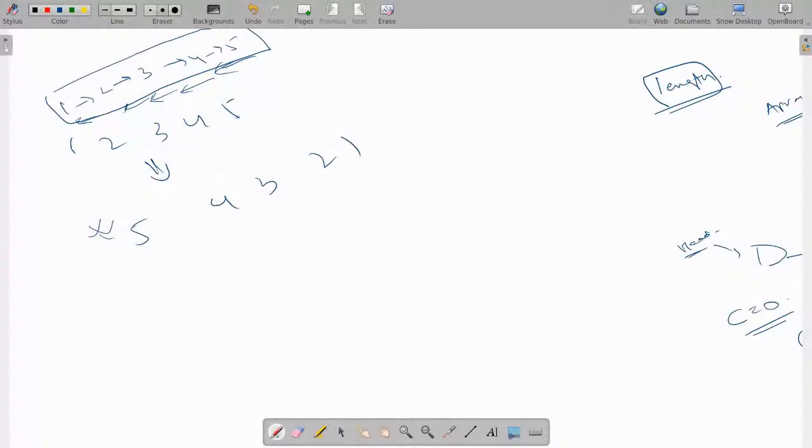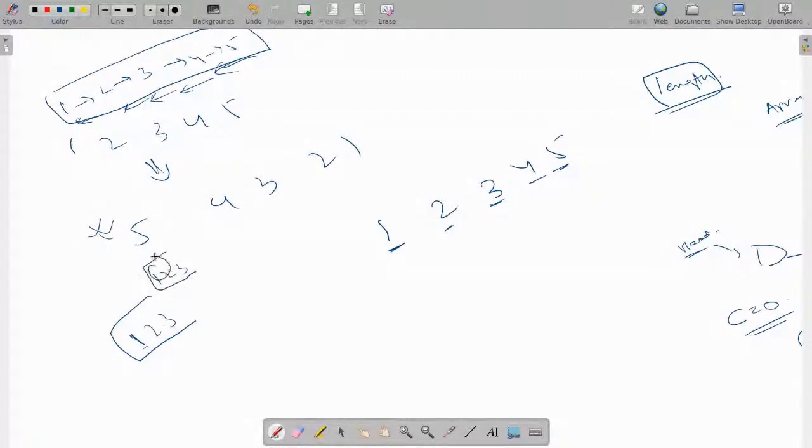Okay, so one of the things that I can think of here is, I'll iterate the linked list one by one, and I'll use some sort of a stack, because I know what happens in a stack: whatever gets in first comes out last. So if I have an array 1 2 3, and I want to push it into a